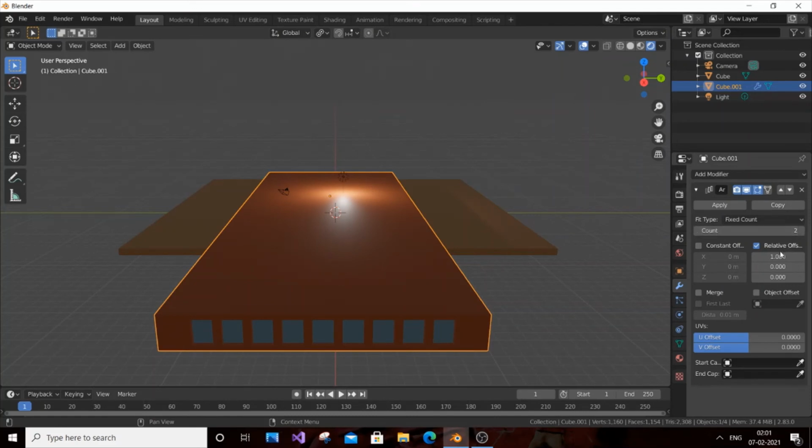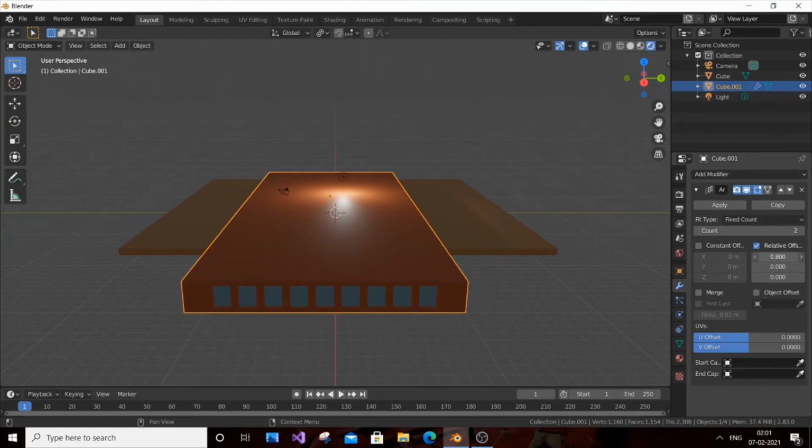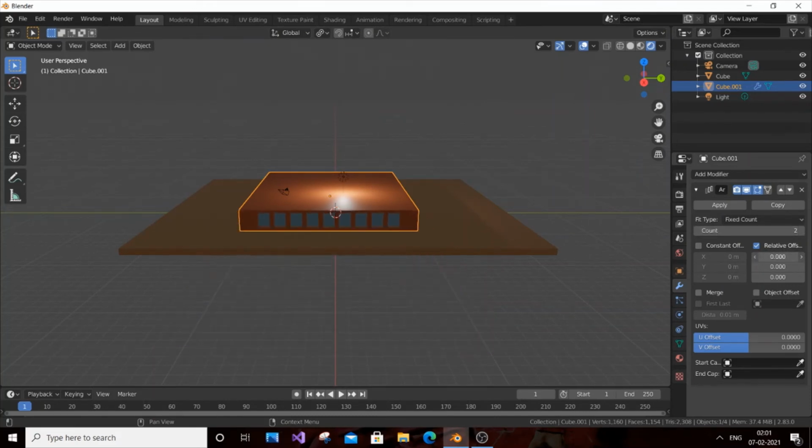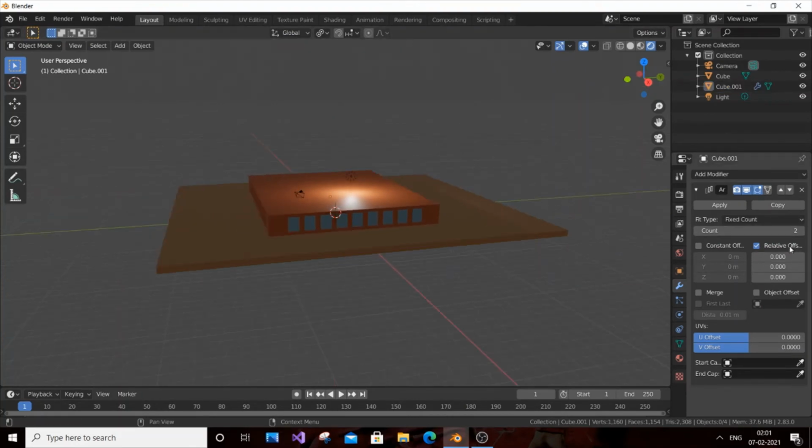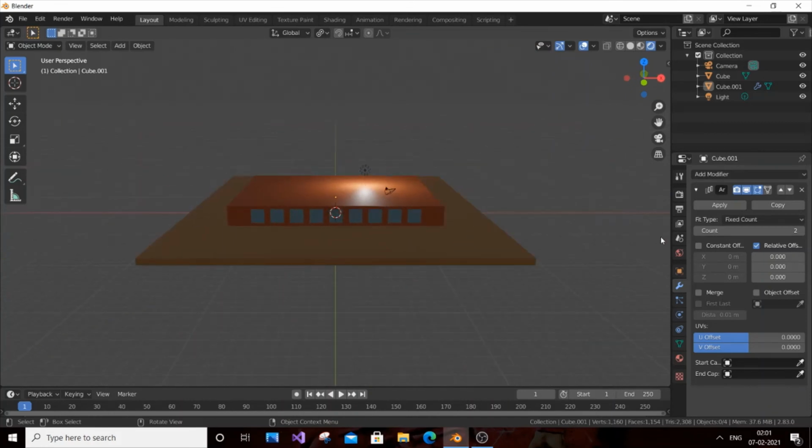That's because its x-axis is given as 1. Okay, that's why it moved. I forgot about that. Now if you just click on move it, it will be 0. So now it comes back to its normal position, as you can see.